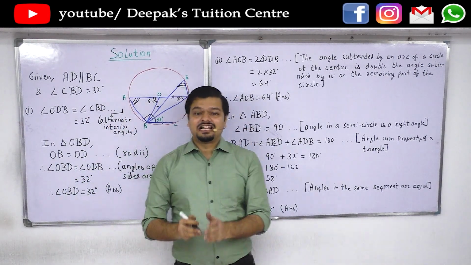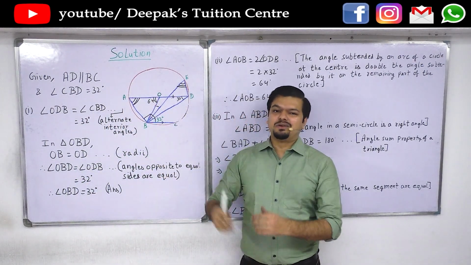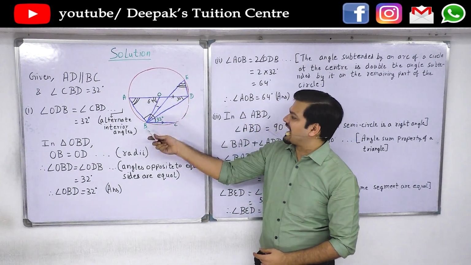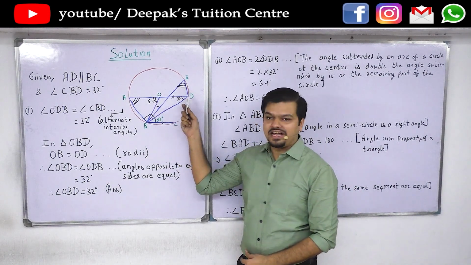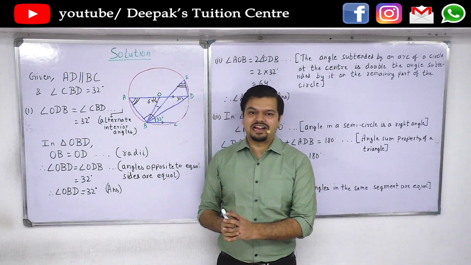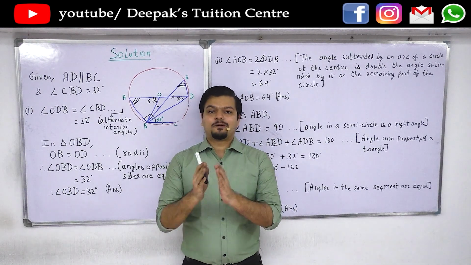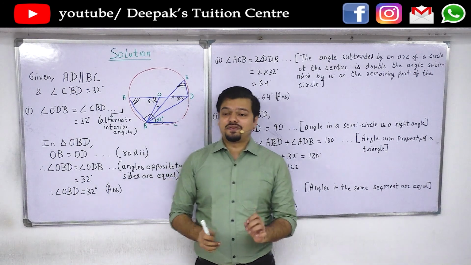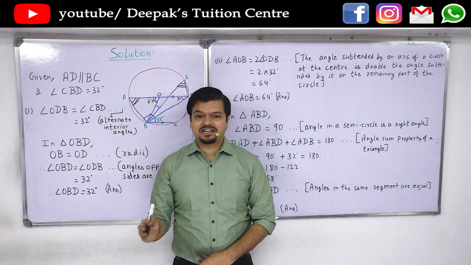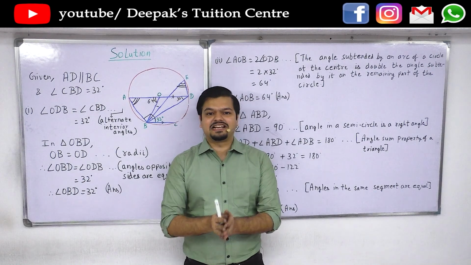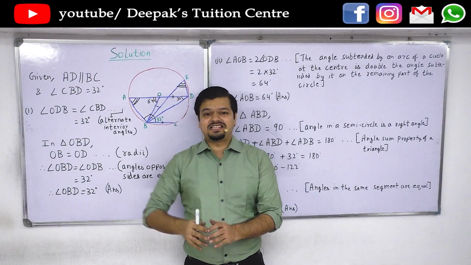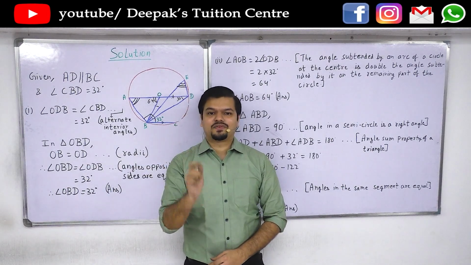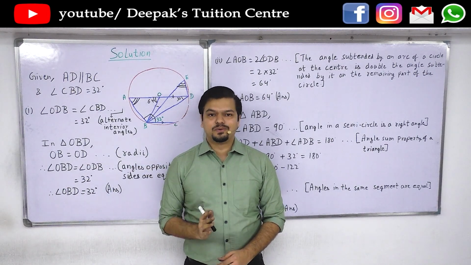So what matters, I could have done this sum using a few different methods. It is possible. You could have found angle BED using angle BOD. Also there are other ways, I am not denying it. But what matters is which is the shortest? No. What matters is whichever strikes you first. So if a certain method, which is a longer method, strikes you first, use that method in the exam. Do not worry about other methods. Yes, there could possibly have been shorter methods, but whichever strikes you first is the most important method for you.